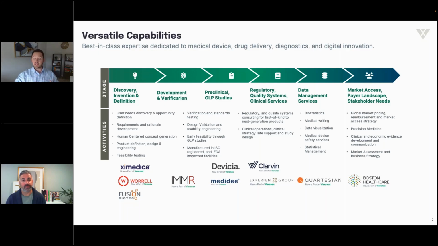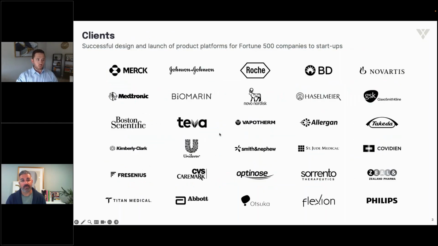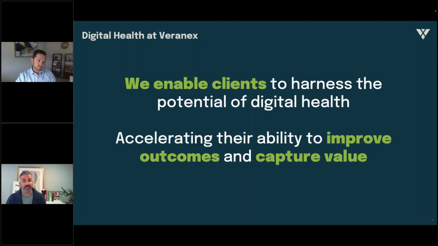The work that we do and the services that we provide range from early stage research and strategy, UX, UI, and digital creation, all the way through commercial and lifecycle management. We're lucky that we get to work with some of the world's largest medical device and pharmaceutical companies. I'd also say that we're equally lucky in that we get to work with the growth stage companies who are really going to be pioneering what's coming next in the healthcare space. So namely startup companies and small mid-sized businesses.